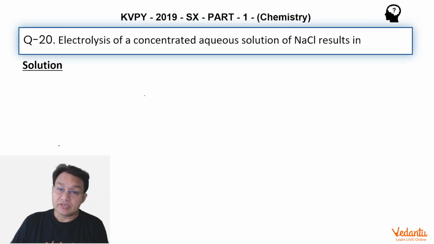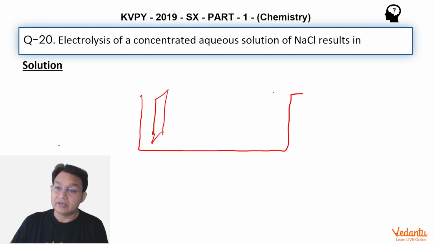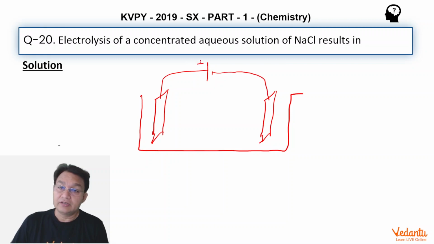So when we carry out the electrolysis, suppose we carry out the electrolysis of NaCl using two electrodes. Of course, let us take the inert electrodes. One is attached to the positive terminal, other is attached to the negative terminal. So this positive terminal will acquire positive charge and that will act as an anode, and this negative terminal will act as cathode. Now the possible species are Na+, Cl-, and there are water molecules, or you can say H+ and OH- ions.